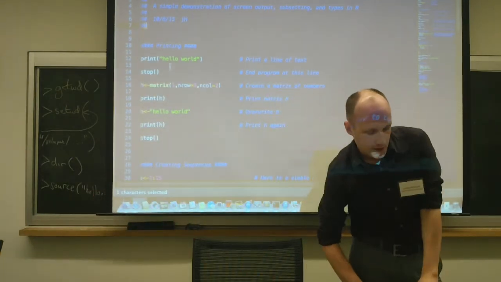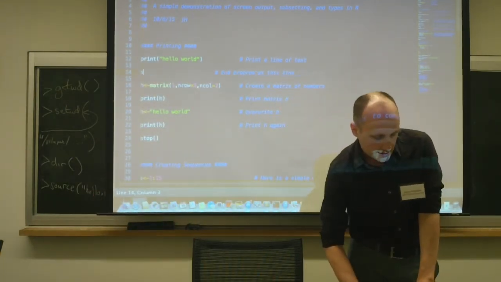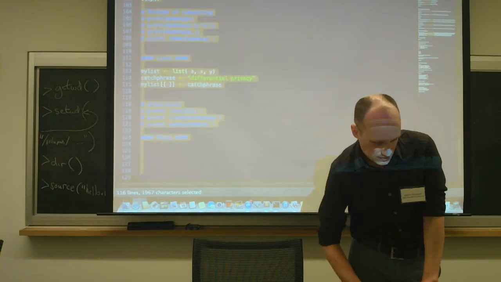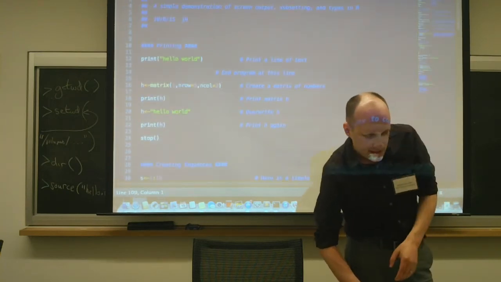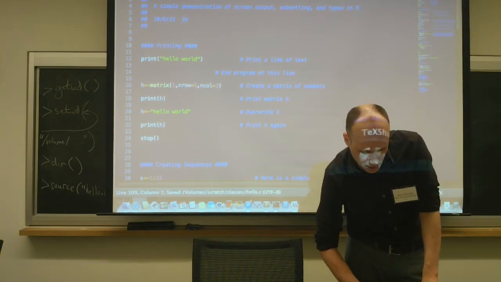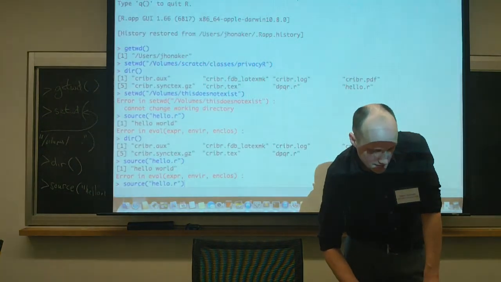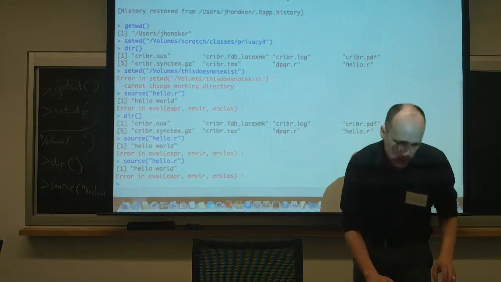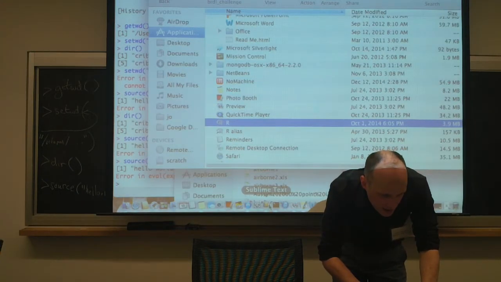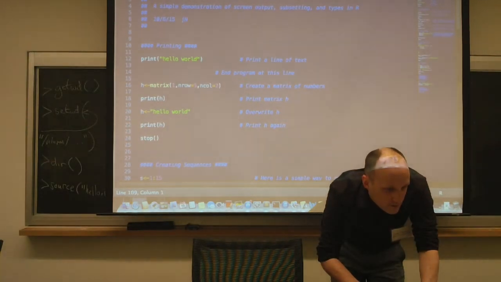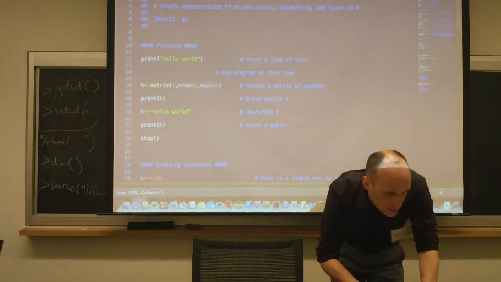Don't do anything. So if I want to continue, here we can edit our code. I'm going to just delete that little stop command. I'm going to save it, and then I'm going to run it one more time in R. I'm going to source it in, and I might have it open in a place that's different. So let me just close this and open it one more time.